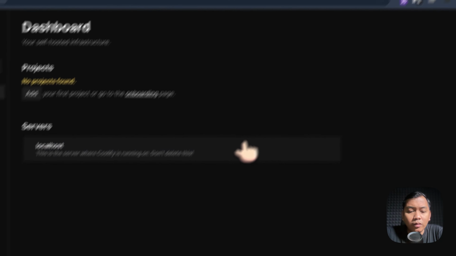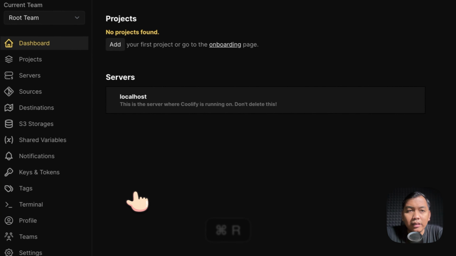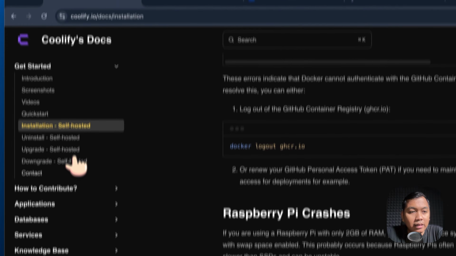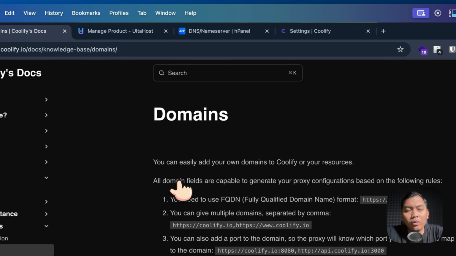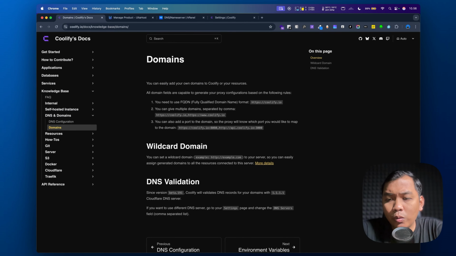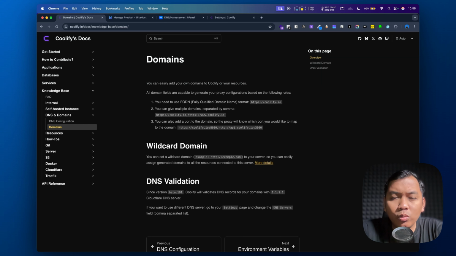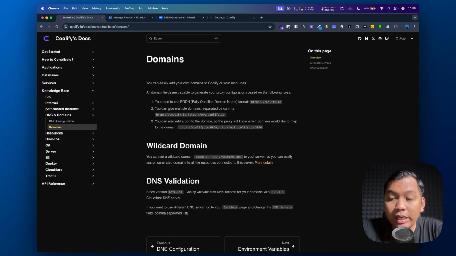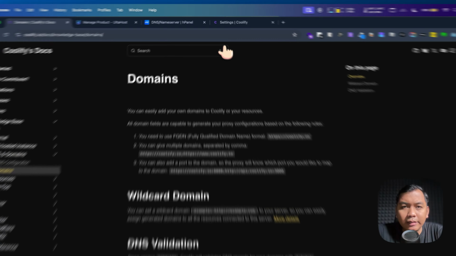And next, here in the Coolify dashboard, we will see settings on the left side, so let's check here. Coolify documentation also provides how to set up a domain in Coolify, so you can read all the detail in the documentation.